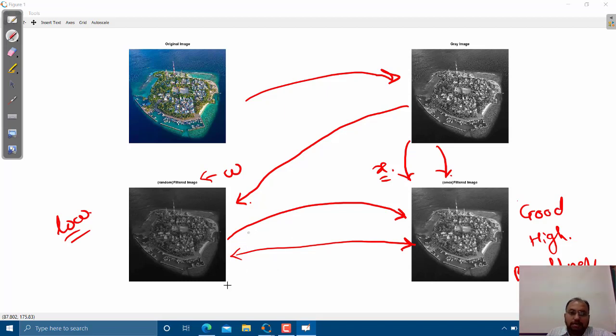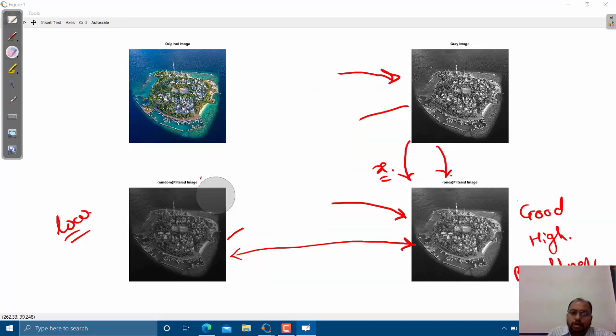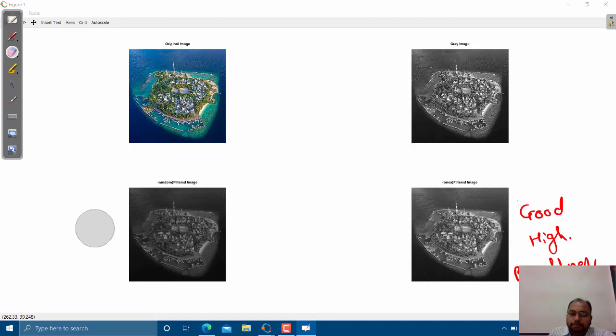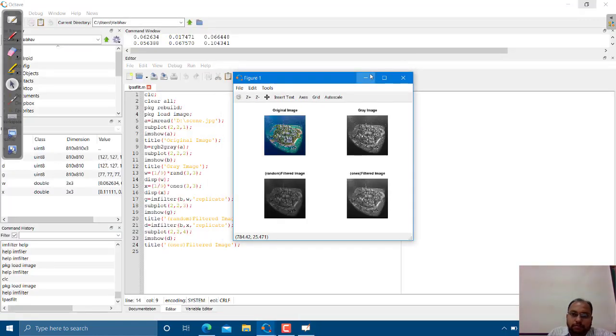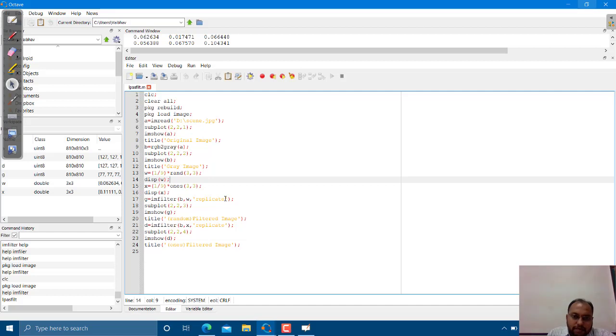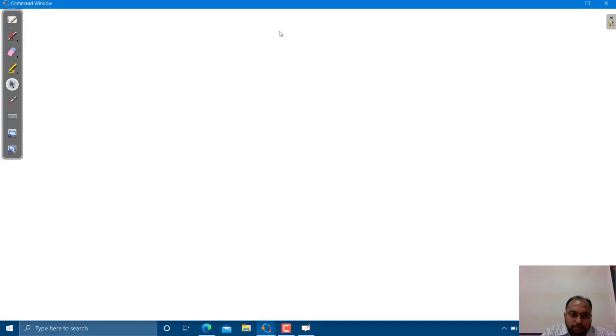In the next example, in this same example, let us make the changes and understand how we are going to change correlation to convolution. Let us perform it. Instead of replicating, let us go for symmetric.